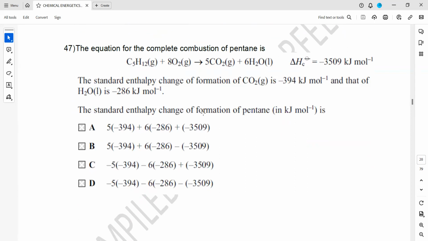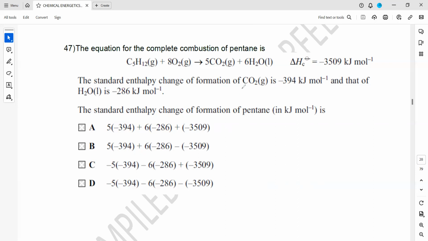Question 47, the equation for the complete combustion of pentane is there. The standard enthalpy changes of formation are given. So when formation is given, it will be product minus reactant. You can do it directly. The energy change equals the product minus the reactant. This is the direct method. So the standard enthalpy change of formation of pentane is one unknown, or